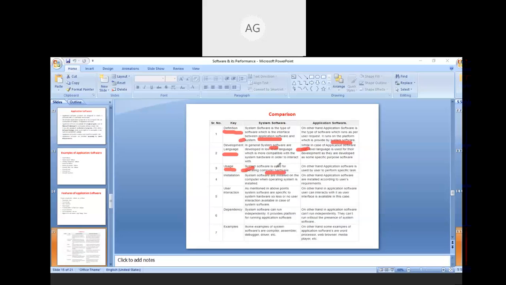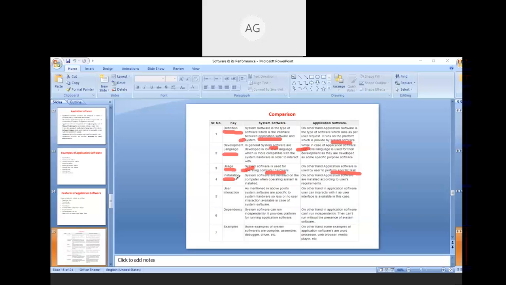Basically the task of system software is to operate the computer hardware, how it can perform, and the management part of the computer hardware. On the other hand, application software is used by the user to perform a specific task, like using MS Word or PowerPoint or the Excel sheet. So these are the specific tasks which can be done by the application software.